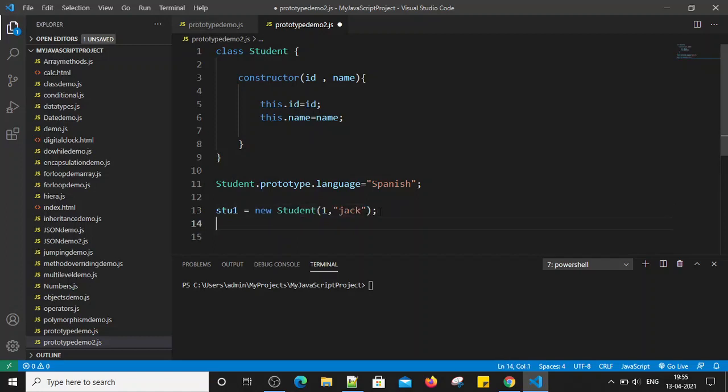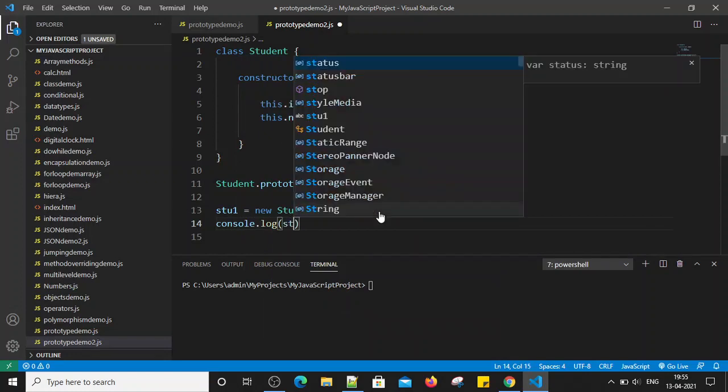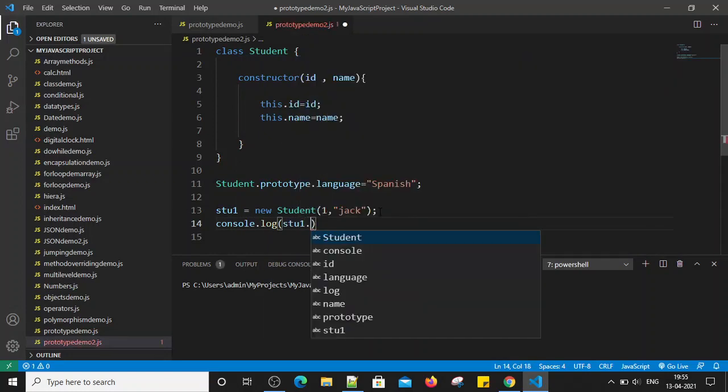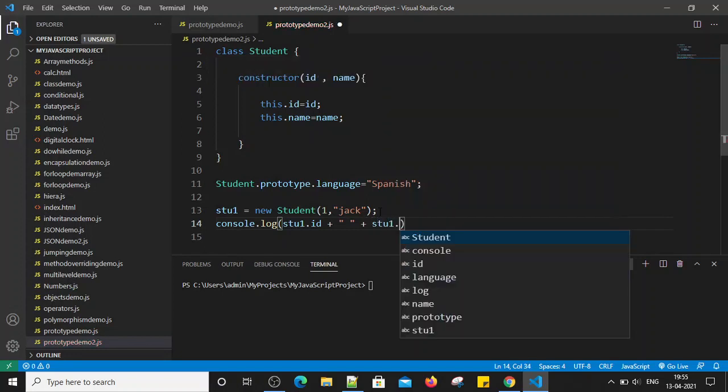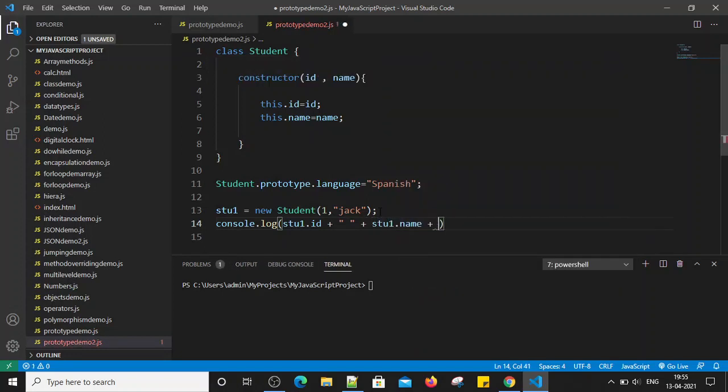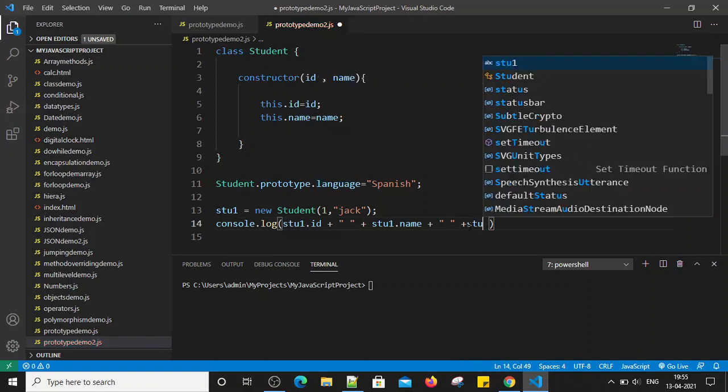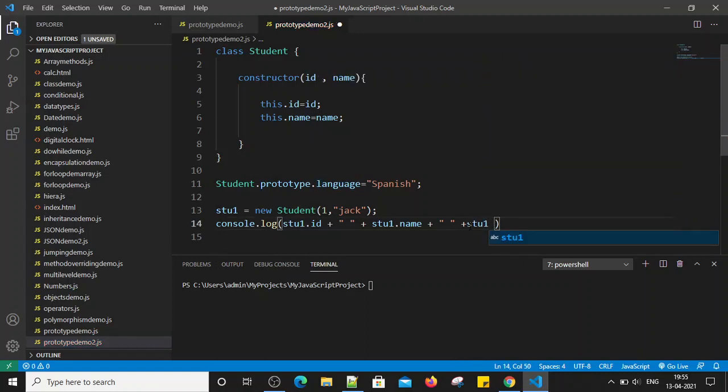So we have to print the values, let's say with console.log: stu1.id plus, let's give some space, plus stu1.name plus some space, plus, and now we have added this language property as well. By using prototype we have added the language property, so we can access it for the stu1 object as well. How can we access that? stu1.language.